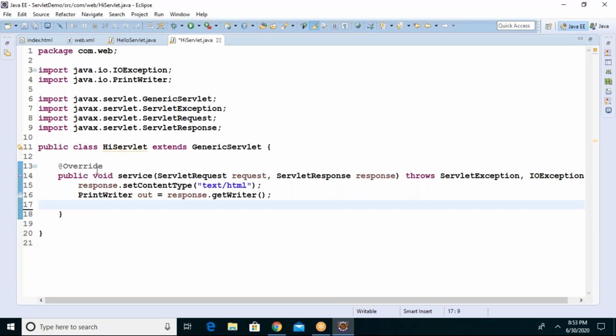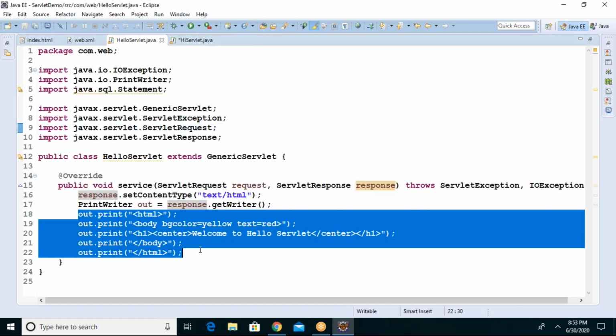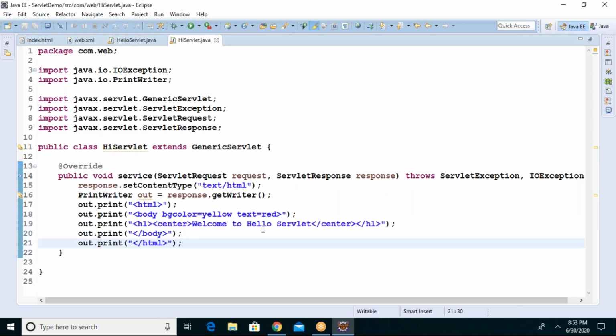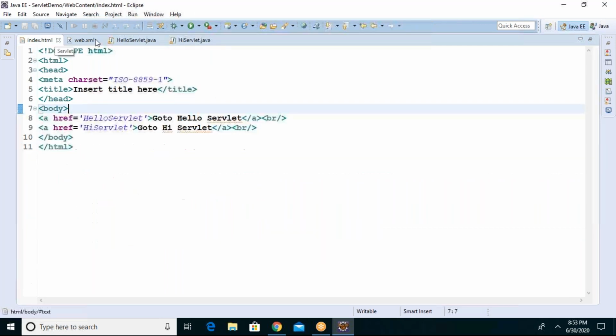Once I already wrote, why should I repeat the same thing again? I'll just copy and paste everything I wrote so that I can save time. Paste it here and welcome to not hello page, just simply hi page. That's it. Guys, I hope you understand what exactly I'm doing. Do you think that will work or not? Let me go and check.